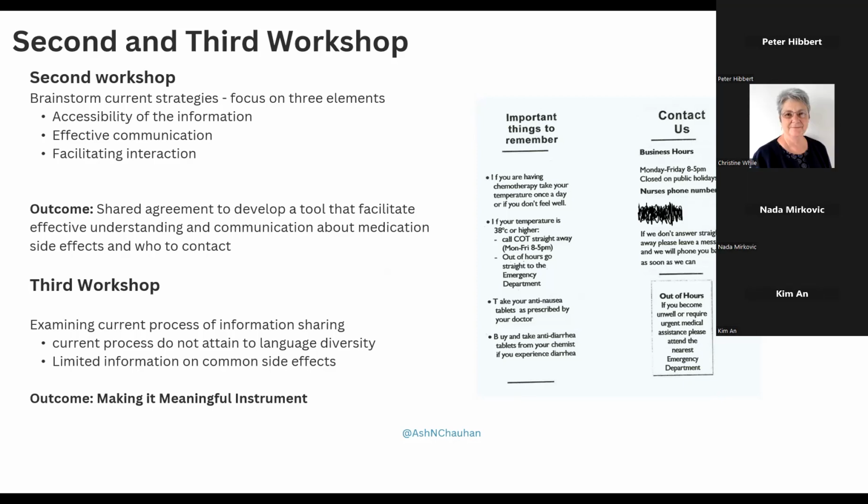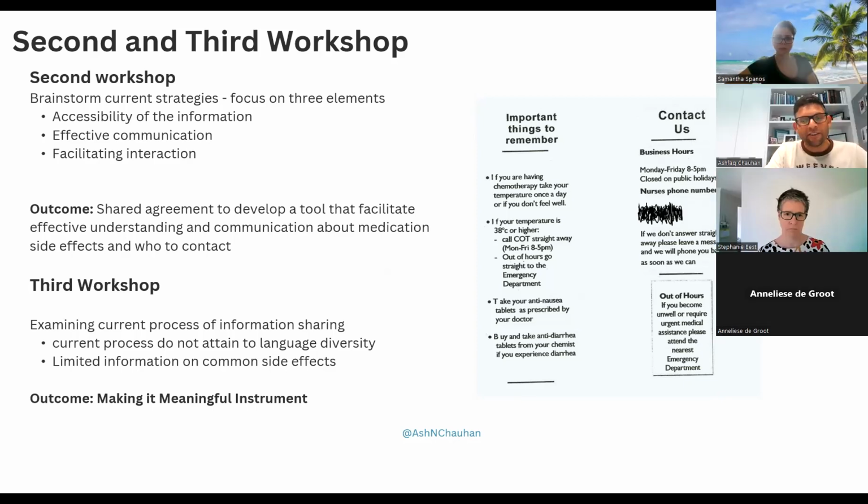So participants relied heavily on their oncologist. Whenever they had any issues, they rang them, and they felt that they were overburdening them, so they did not ring them on time. Or sometimes when the oncologist was not available, they did not have anyone else to contact. So that was an issue. So in the second workshop, we wanted to identify what this information should look like for the participants to act on, to make the contact in between the appointments easier and at the right time.